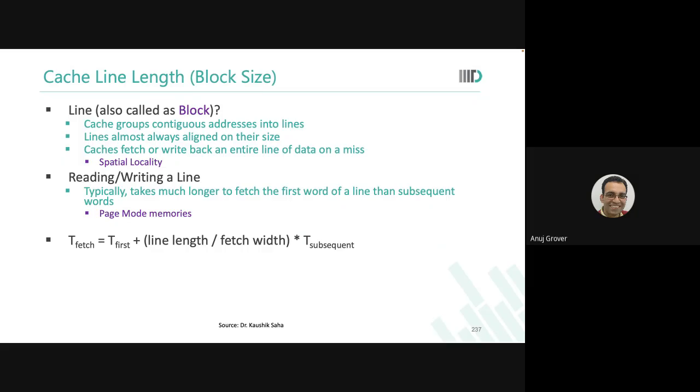If there are IO limitations, you may end up, because it depends on cost. Every extra pin is a cost. So if there are limitations around those, then it may happen that even though the bit width of the L1 cache is 32, you're able to get only 8 bits from the main memory. It could happen. We don't usually design it like that, but it could. Someone could do that kind of a design because of some other constraints. The constraint for them may not be performance. The constraint for them may be cost. Okay. See, the number of pins that you have to solder, that is a cost.